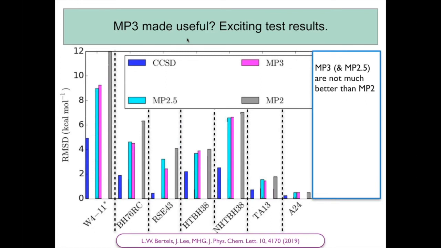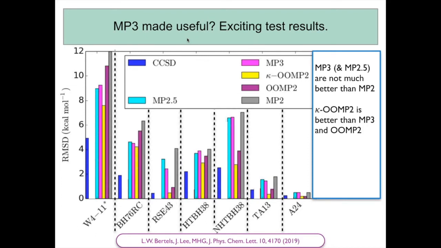If we look at testing kappa MP2, the theory that I've spent the last 25 minutes telling you about, you can see that it generally improves on MP2, and furthermore, kappa MP2, the yellow bars, are typically smaller than the MP3 error bars, despite the much lower cost. Kappa MP2 is iterative 5th order scaling, MP3 6th order scaling. So this already looks encouraging, and this is partly why we were then motivated to suggest kappa 1.45 as a useful